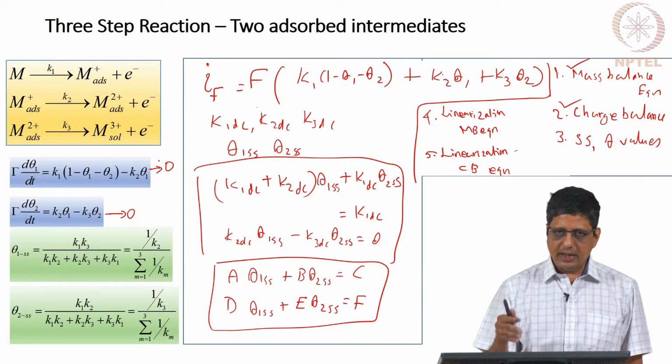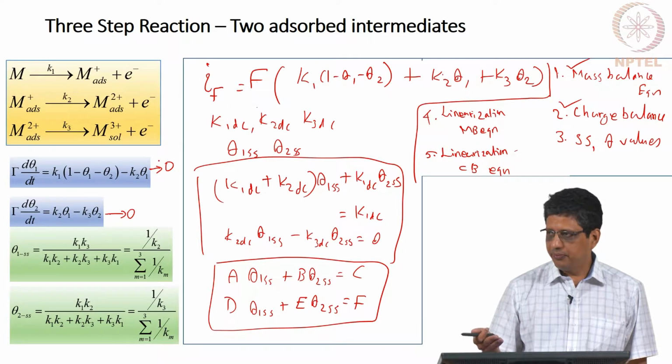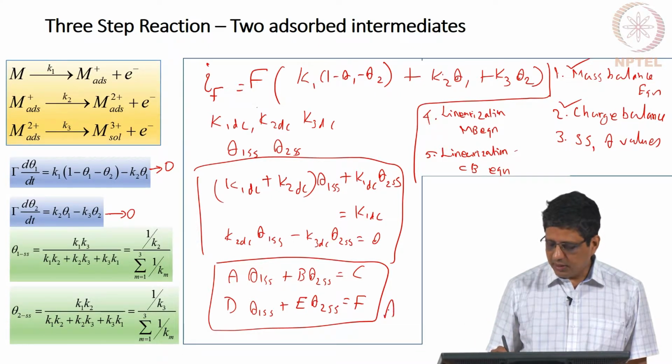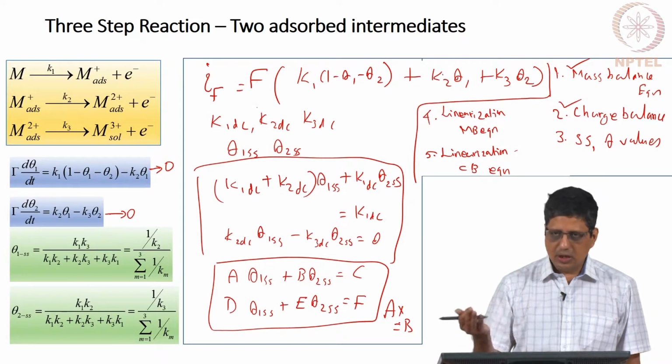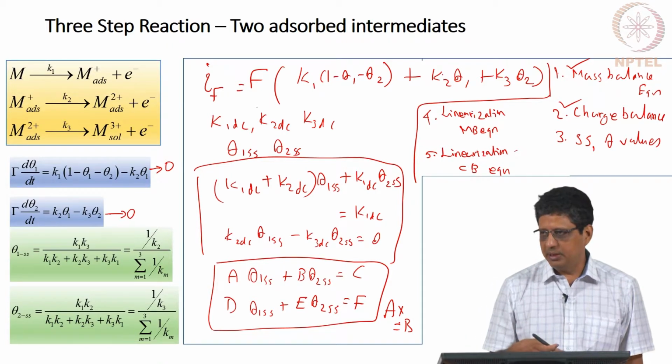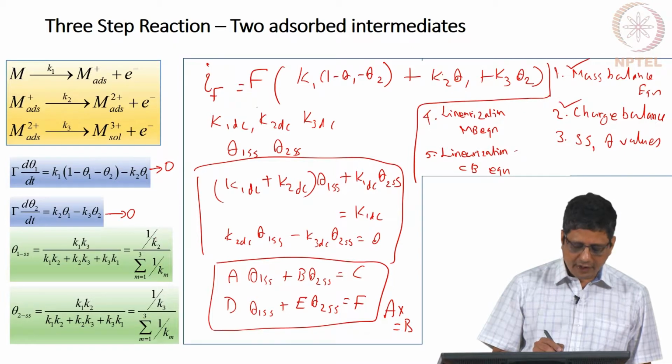You should be able to write it in a matrix form and say theoretically you can invert the matrix and get the solution. You can write it as a matrix form Ax equal to B, where A is a matrix, X is the unknown vector, B is a vector. You can invert it, Gauss elimination, variety of methods are possible. You can get an answer like this, and I can rewrite it slightly differently.